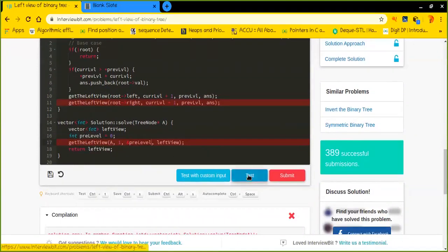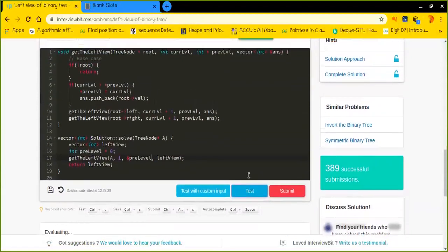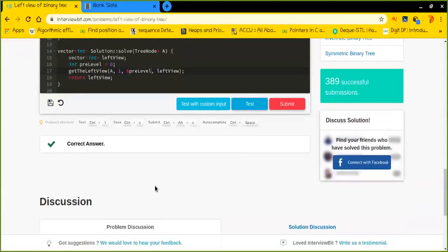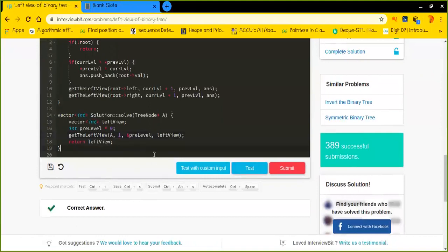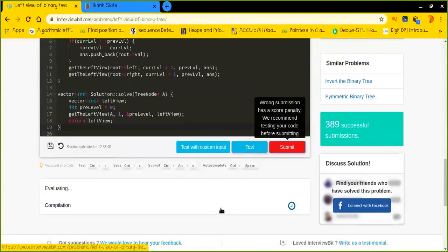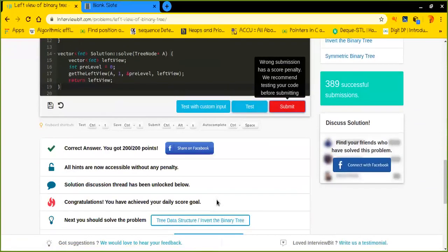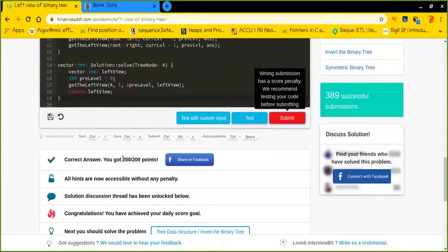Okay. So it has passed the basic test cases. Now let's submit it to see whether it is actually working, and it worked. See, I got full marks.